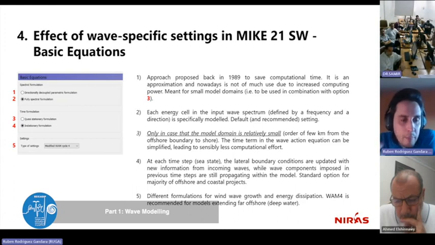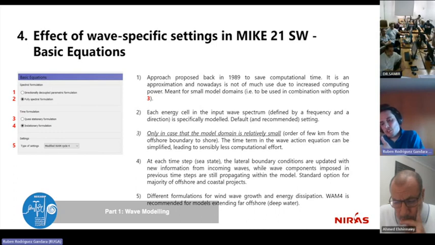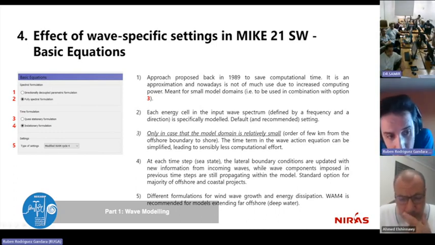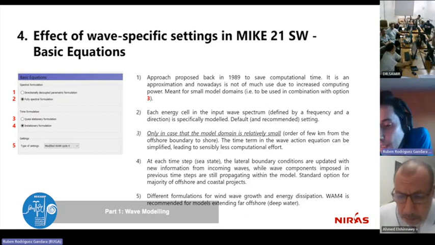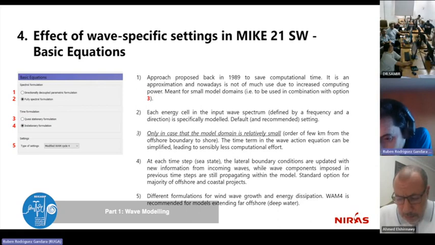My approach or my recommendation for this, if you're using Mike 21 SW and you are going to model a regional area, even if you will need to extract data near the shore, I would recommend you to use the default formulation of WAM cycle 4. And why is this? Because WAM is a well-known global ocean model,